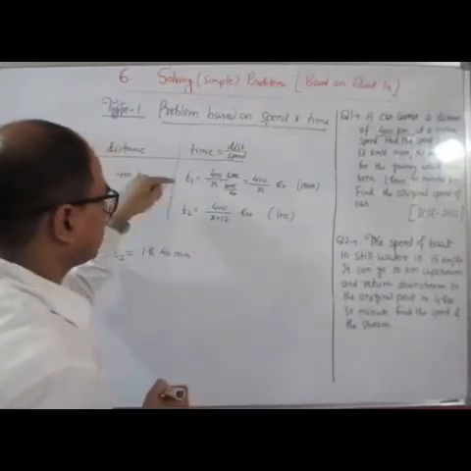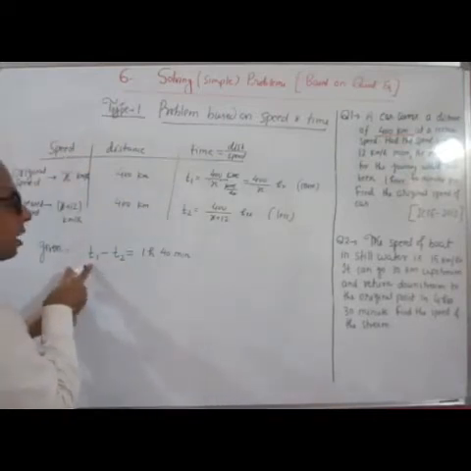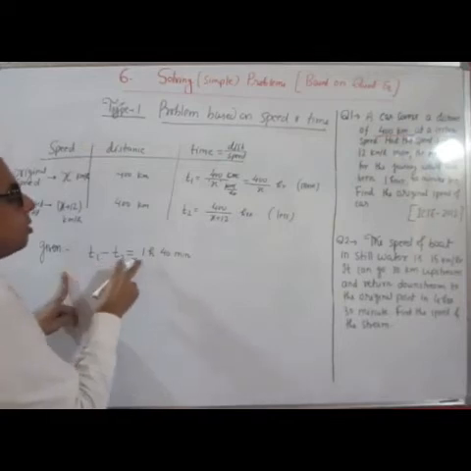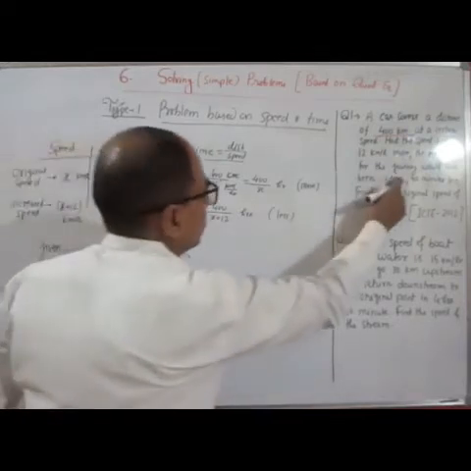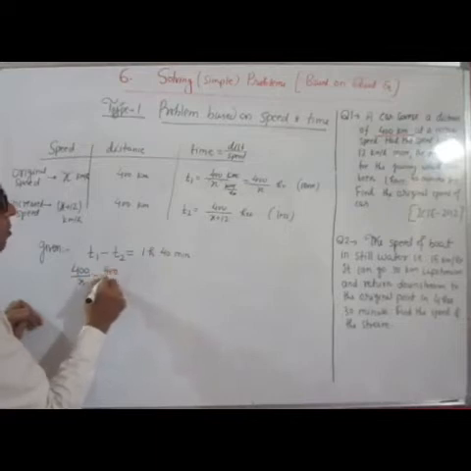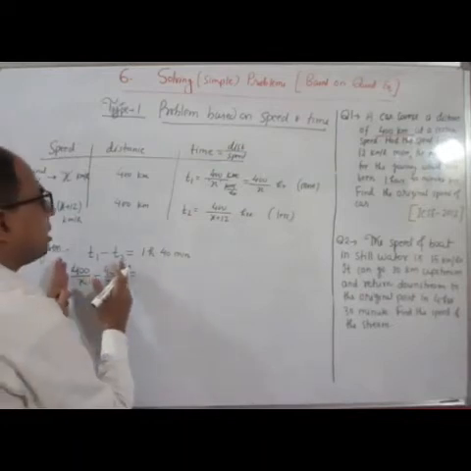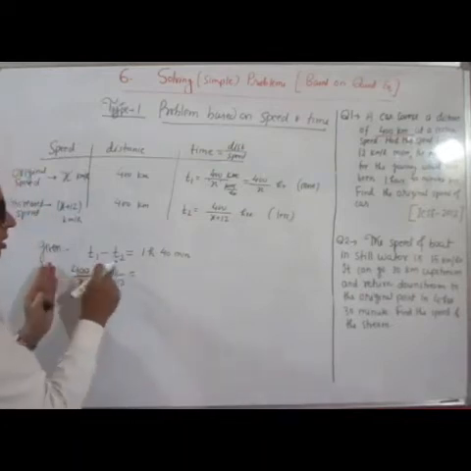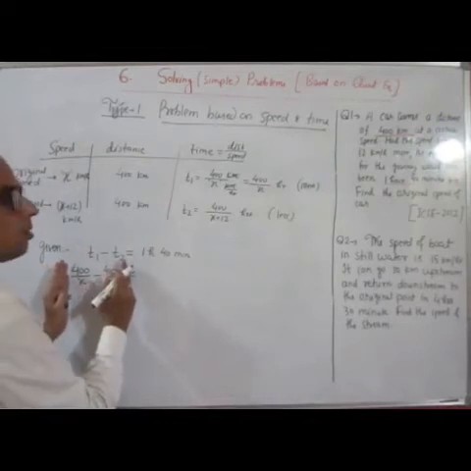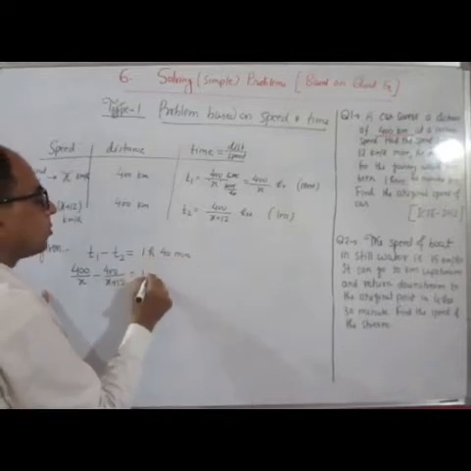So you have to write T1 minus T2 because it is more time minus less time. So T1 minus T2 must be equal to 1 hour 40 minutes. It is given in the question. So put the value of T1. It is 400 by x minus 400 by x plus 12 is equal to, and the unit of the left side is hours. This is in hours, this is in hours, so the unit of the left side will be hours, so you have to convert the right side also in the same unit. So it will be 1 hour plus, and convert 40 minutes into hours, so 40 by 60.